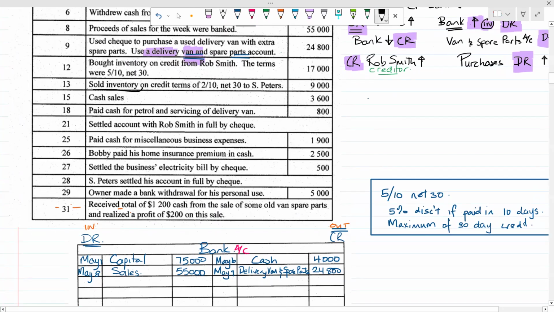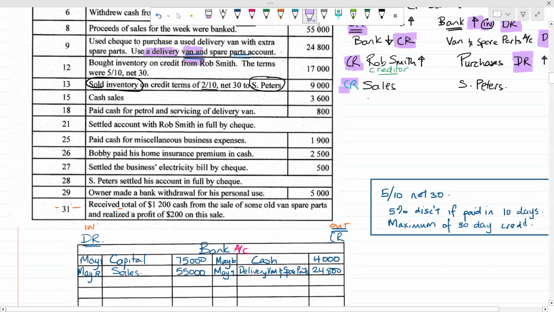We sell inventory on credit, and our terms are 2/10. So that means 2% off if you pay it in 10 days, and you have a total of 30 days to pay. Who are we selling this to? S. Peters. So this is sales, and it is on credit, so we need to keep the name of the person so we know who to check for our money. S. Peters. So sales is always what? If purchases is always debited, sales is always